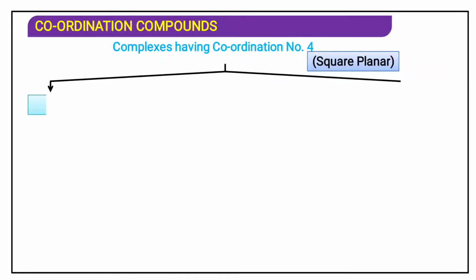Complex with coordination number 4. Now, M symbolizes the metal ion or metal atom. A symbolizes a ligand. Over here I have written A2, that means 2 ligands of the same kind, same type. L means a different ligand, another ligand. L2 means there are 2 ligands of type L, and A2 means there are 2 ligands of type A.